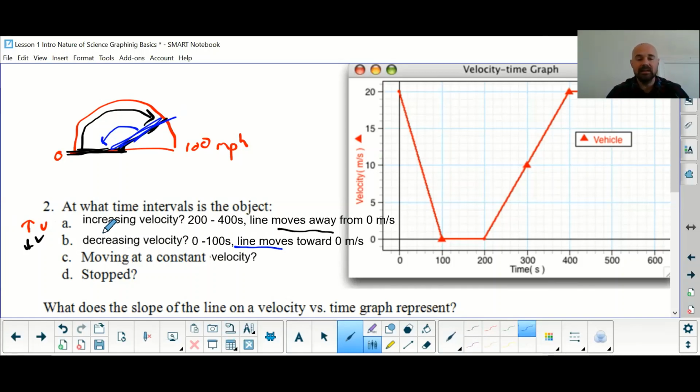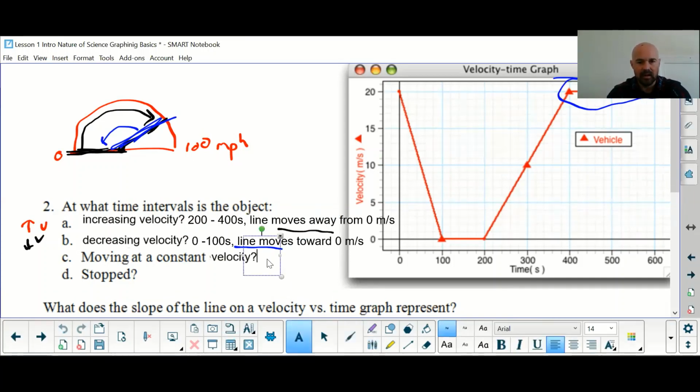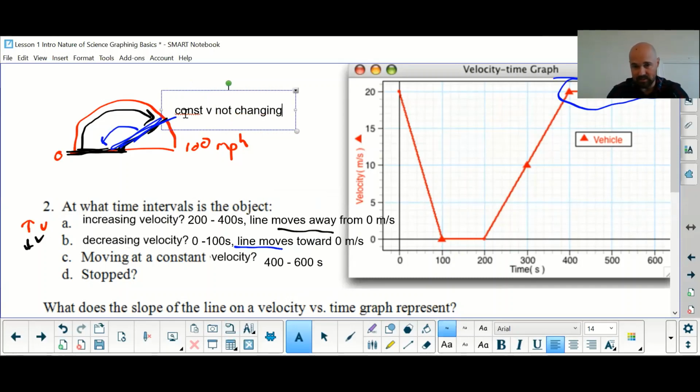Moving at a constant velocity, that would be here. So moving with a constant velocity in our description was from 400 to 600. And if you look at that line, if it's constant, it's not moving towards, it's not moving away, it's just staying at the same level. So this is a constant velocity. And if you had a constant velocity on your speedometer, it would just stay still. So if you had a constant V, it's not changing. So it's not going up, it's not going away from 0, it's not going towards 0, it's just staying at